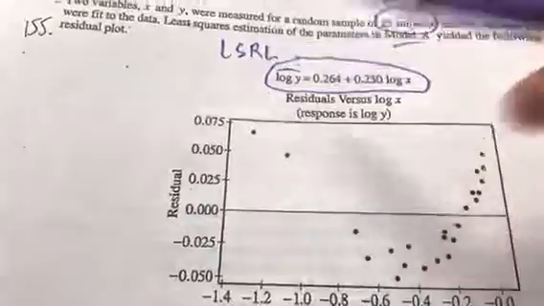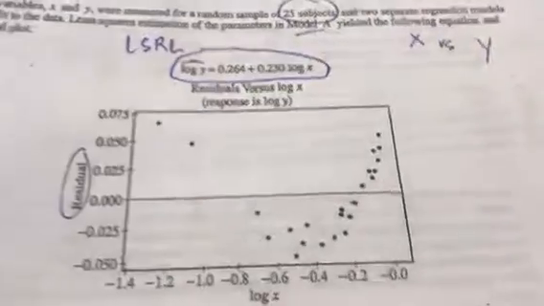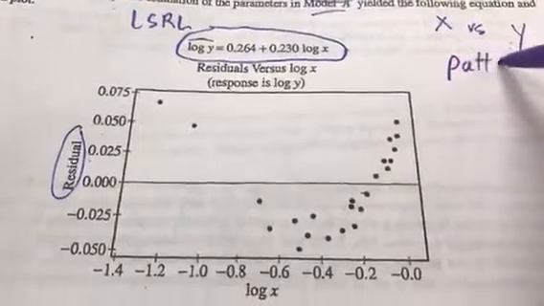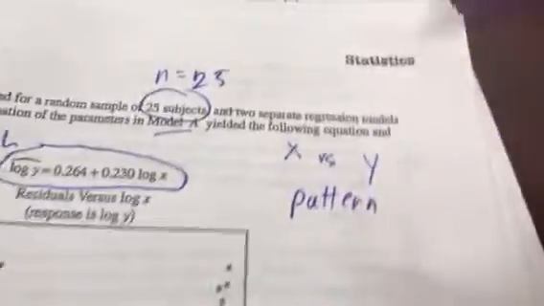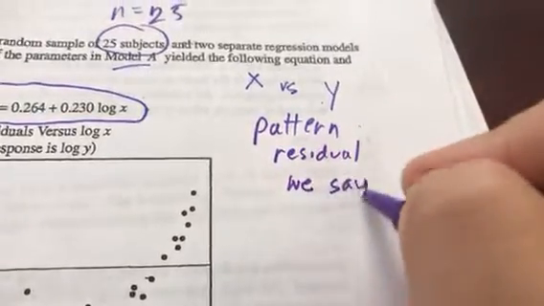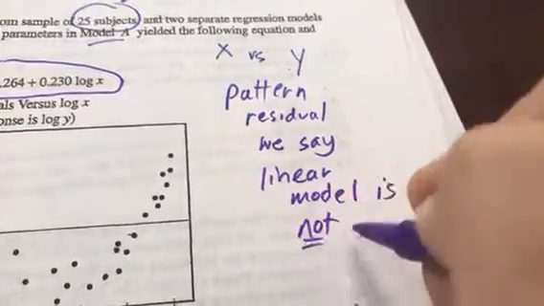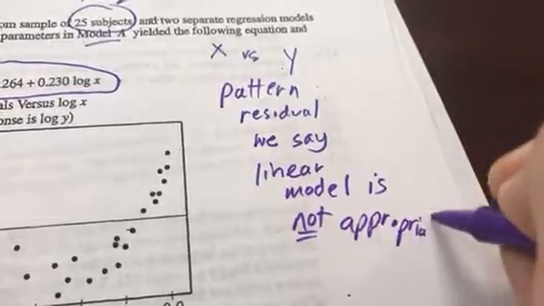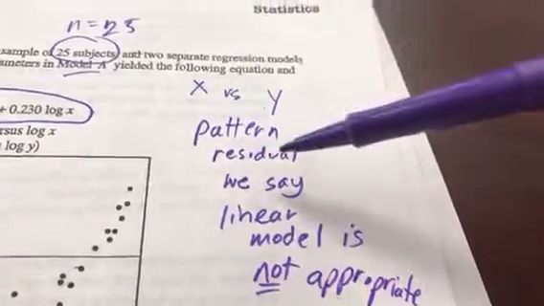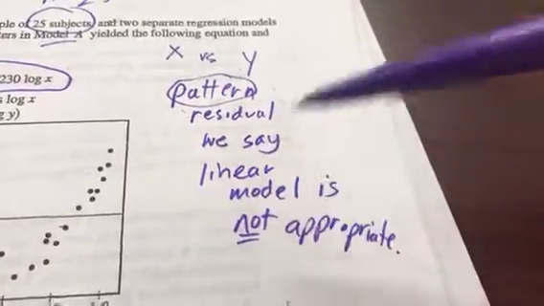Notice that they did not graph for us a residual plot of x versus y. So we are to assume maybe that they did see some type of a pattern. And so therefore, when we see a pattern in the residual plot, we say a linear model is not appropriate. So again, we're kind of led to assume that they maybe looked at a residual plot of x and y and saw some type of patterning and decided in their mind, you know what, I think a linear model is